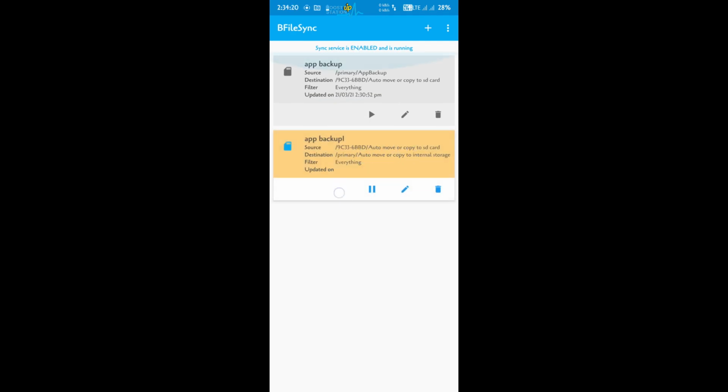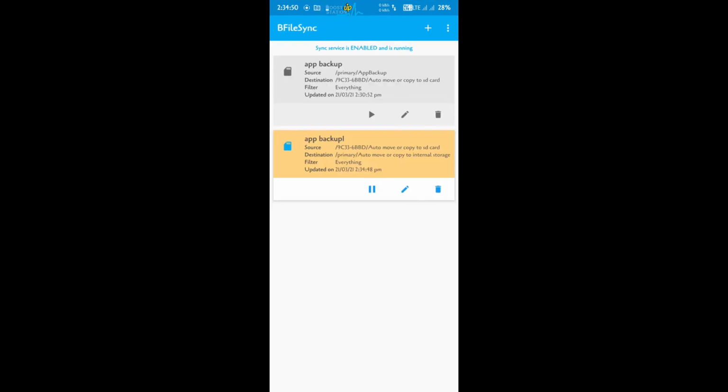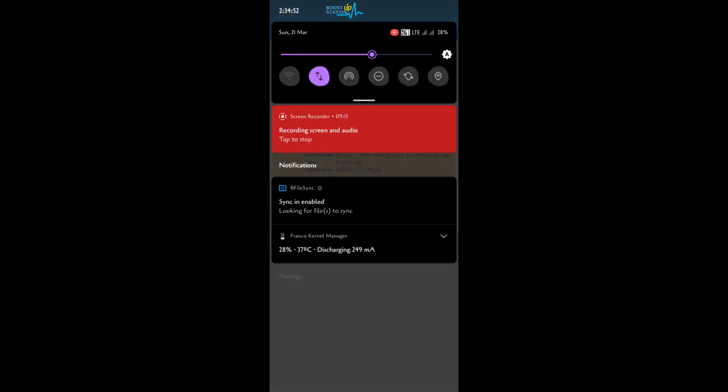Now this is the task we have. The reason why it is not being run is because of the setting of 5 minutes, right? You can see the next sync is at 2:36 p.m. So at that time it will sync. But I want to show you now, so I am just going to disable the sync service and enable the sync again, so it will start the syncing right now.